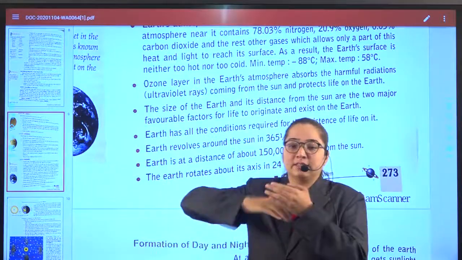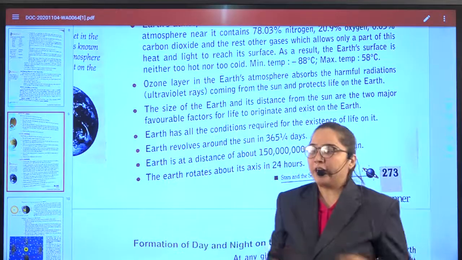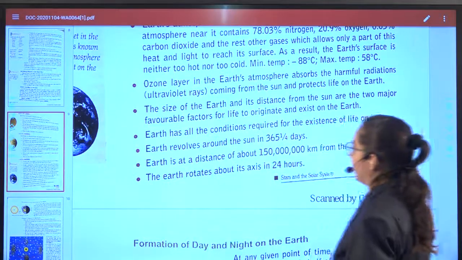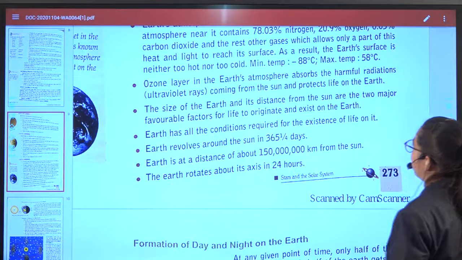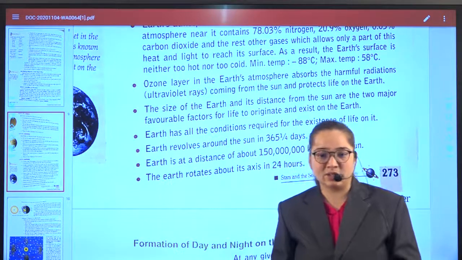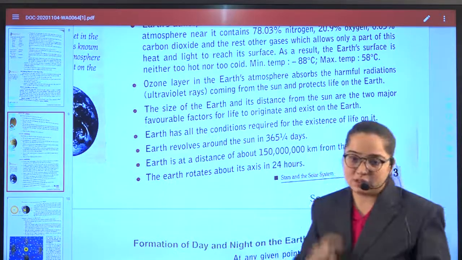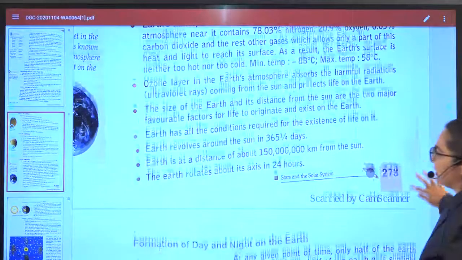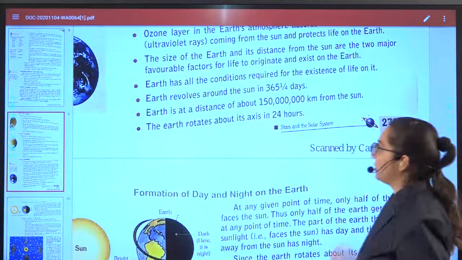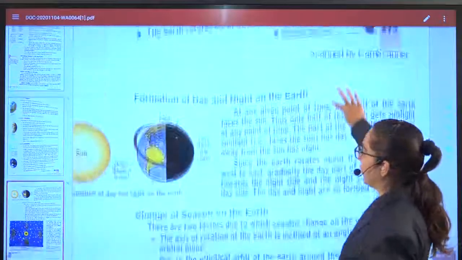Around the earth's surface, above the atmosphere, there is one more layer called the ozone layer, which does not allow the harmful ultraviolet rays to reach the earth. If we talk about the size of the earth, then the size of the earth and its distance from the sun are two major factors that originate and sustain life on the earth. Earth takes 365 and 1/4 days to move around the sun, and it is at a distance of about 150,000,000 kilometers. Earth moves around its own axis in 24